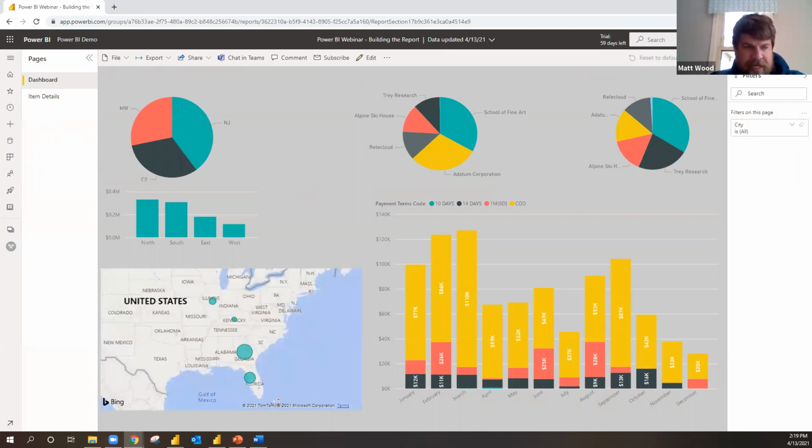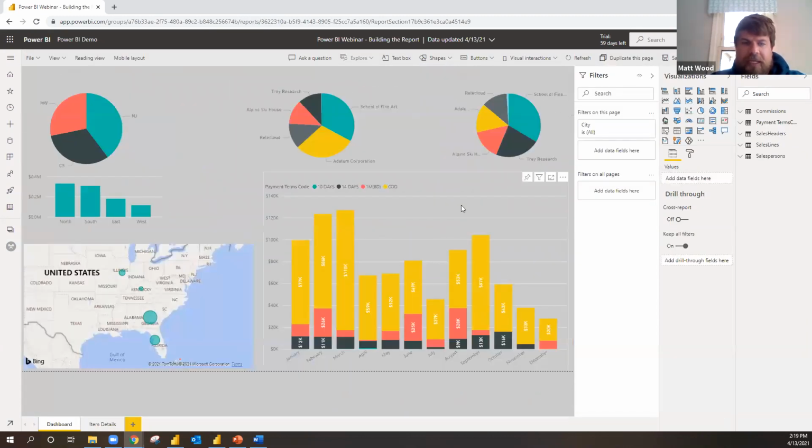So we're out here in powerbi.com, opened it up, and we're able to see that now. We could even edit it depending on our security level. So I can hit edit and make those changes, and they'll go back and forth.